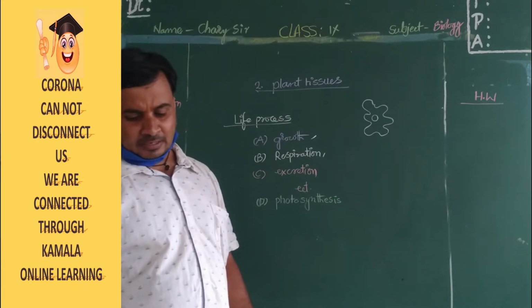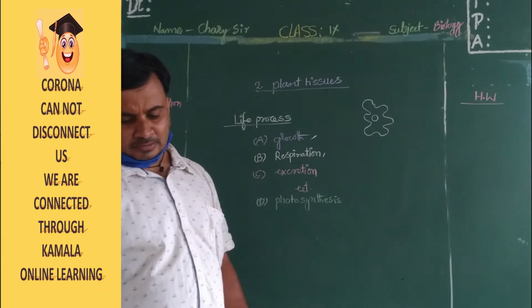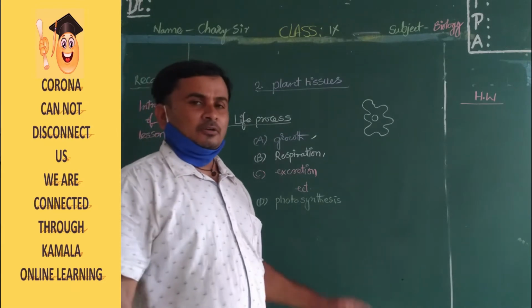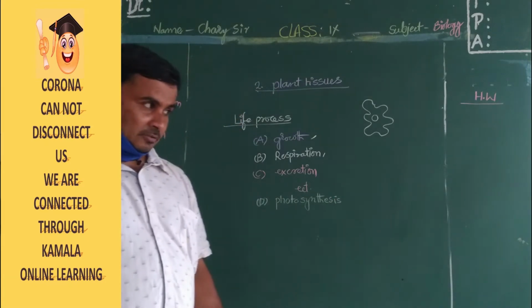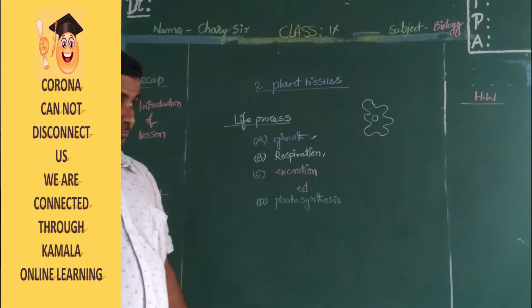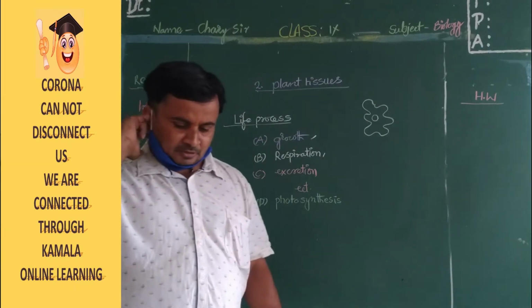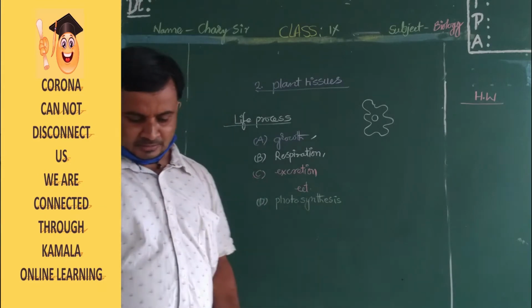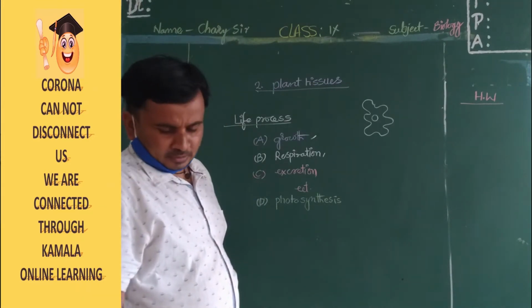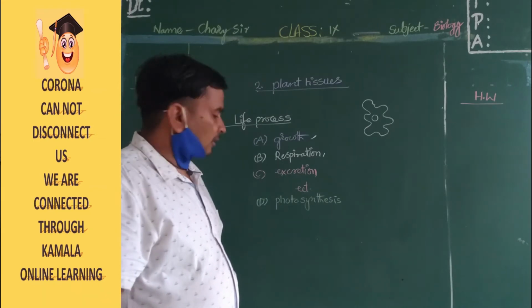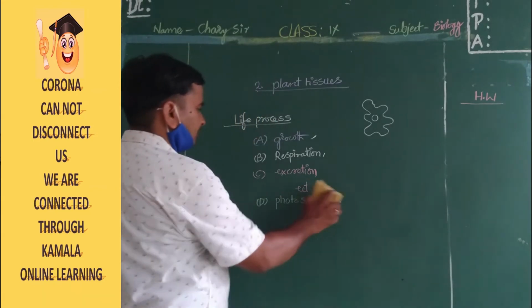Next, let us recall the information about the different parts of the plant and the functions they are associated with. We will now see how the plants do different functions. Okay, children. Parts of the plant and their functions. Activity 1. I have already drawn this. Now we will read parts of the plant, Activity 1.